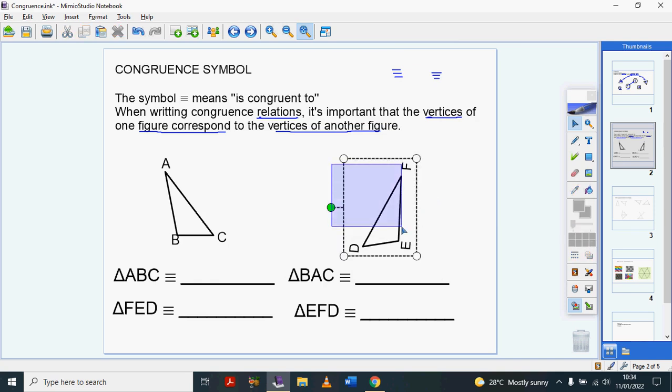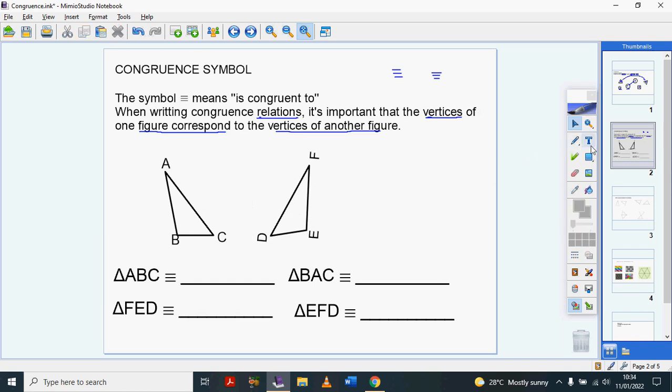But when we're writing the congruent statement for these two triangles, it's very important that we follow the same order of the vertices. So I hope you guys can see that vertex B corresponds to vertex E in this triangle, right? Then from B you go up to A, and in this triangle from E you go up to F, right? And then the last one is going to be D. So when I'm writing ABC, going from A to B to C, let me use corresponding colors. B is E, F is A, and